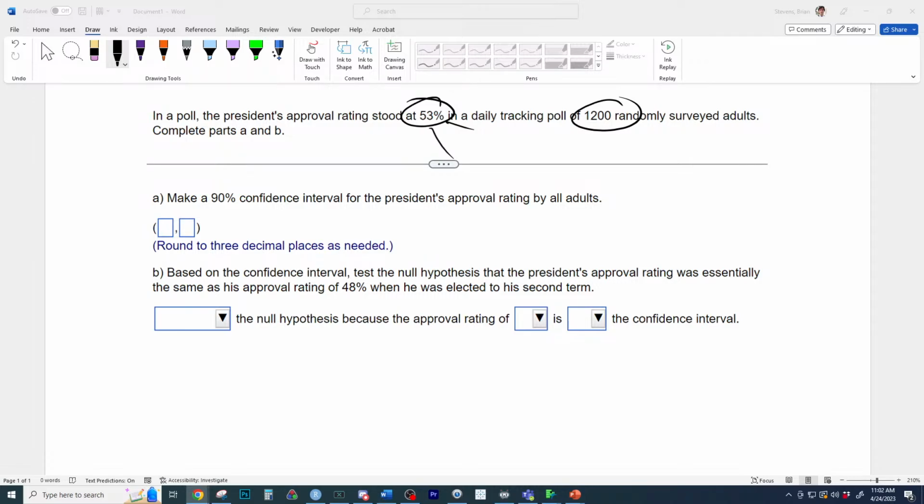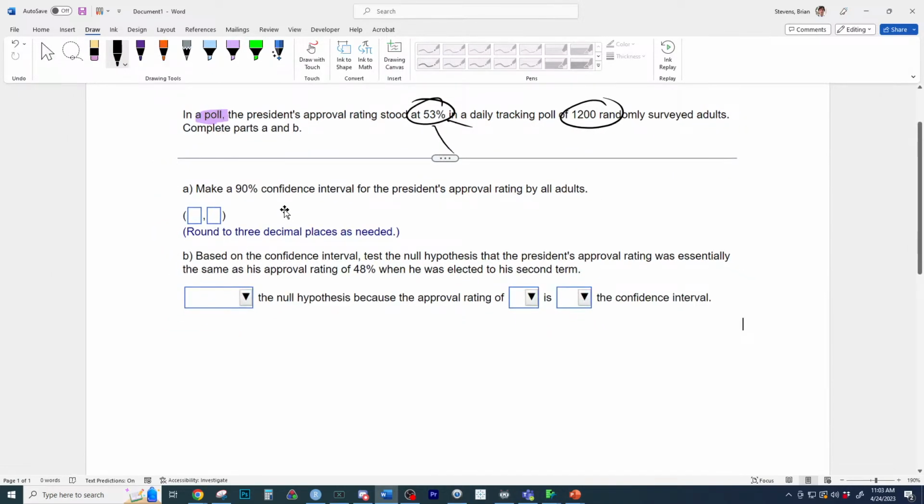We need 3 things. 2 of them would be good. 3 of them would be great. What is the notation right there? Making sure that we know the exact notation because this is in a poll. So we have to think about what this is right there if it's from a poll. So what is the notation for this? We'll get that 90% confidence interval pretty quickly. And they're asking, do you approve of the president?